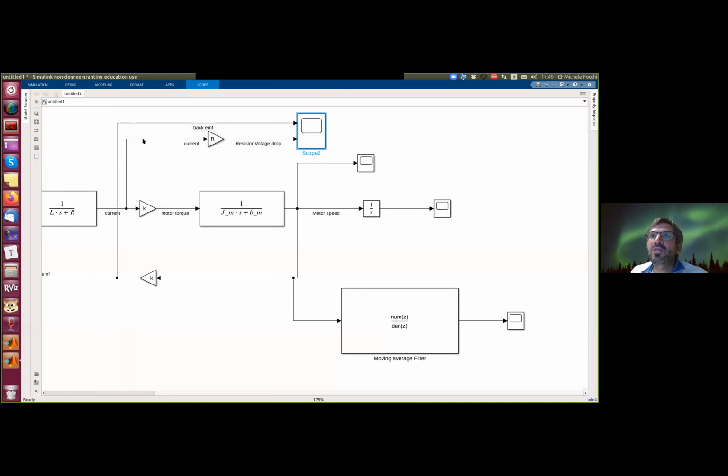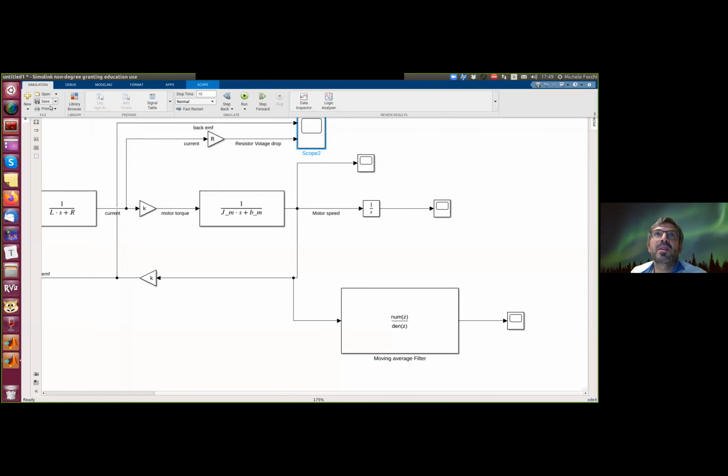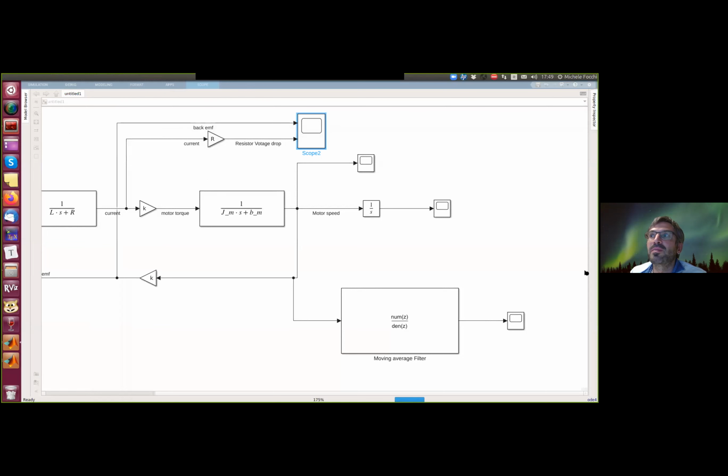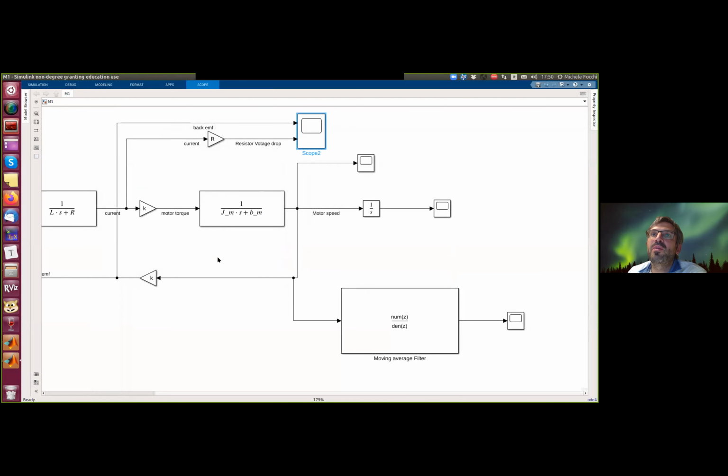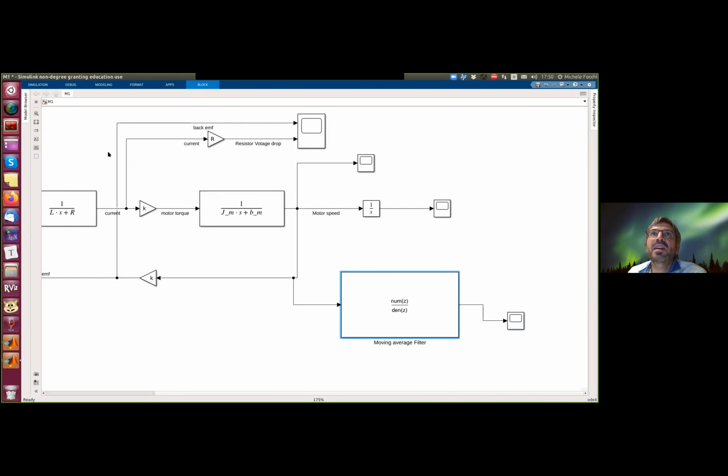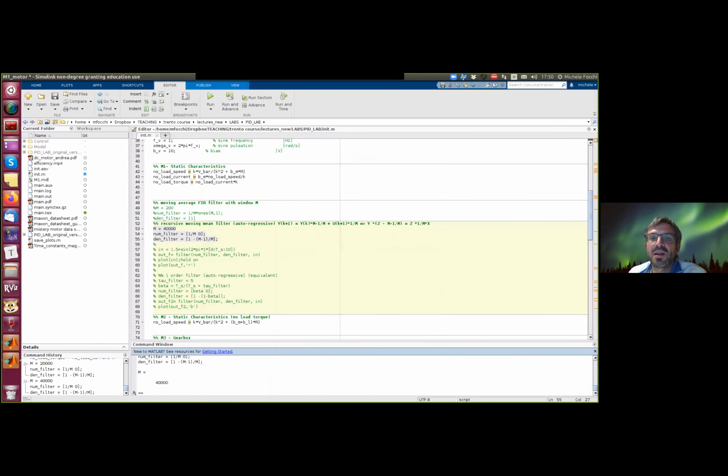Then let's go for the next assignment. You can save it if you want. I suggest you save it as an MDL file rather than the other extension, which is SLX. You can even save it in a previous version of MATLAB to be able to open it with an older MATLAB or Simulink version. And the next exercise is about